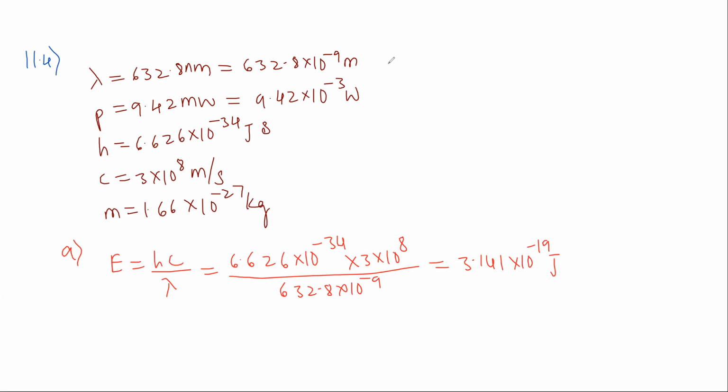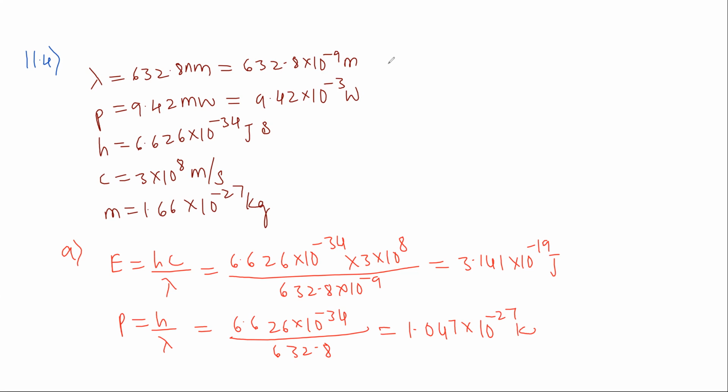So momentum of each photon is given by the formula P is equal to h by lambda. So h value 6.626 into 10 to the power of minus 34 divided by 632.8 ಬಂದಾಗ ಸಿಂಪ್ಲಿಫೈ ಮಾಡಿದ್ರೆ 1.047 into 10 to the power of minus 27 kg meter per second ಅಂತ ಬಂತು. ಇದು A one. ಇನ್ನು B ಕ್ಯಾಲ್ಕುಲೇಟ್ ಮಾಡ್ಬೇಕಂದ್ರೆ,